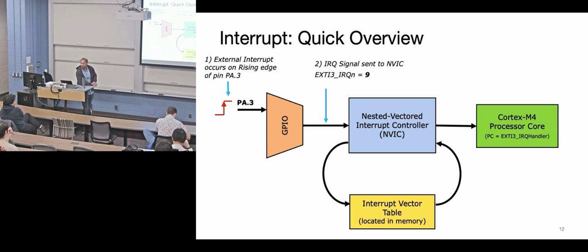Where does the NVIC figure it out? What do we call that table? It's a very special table. Yes, the interrupt vector table. Very, very good. That's exactly what you do. Where is the interrupt vector table stored? Precisely. It gets started in flash, but once it gets turned on, it gets moved to RAM. That is also true. What's the memory address that the NVIC starts at?